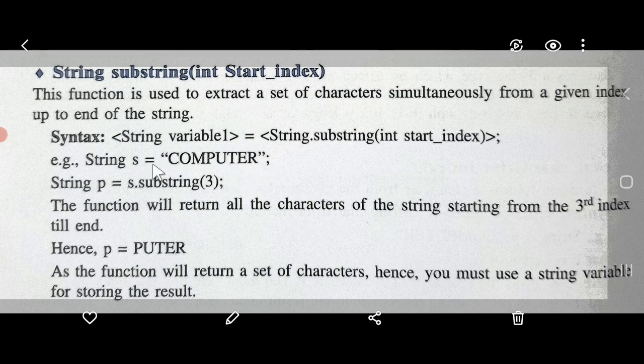Now we count 1, 2, 3, 4, 5, 6, 7, 8. 8 is the length. And here index, when I talk about 0, 1, 2, 3, so 3 is the index of P. Alright, so from 3 onwards up to the last character, it's going to be extracted because we have not given any end index. So automatically puter, P-U-T-E-R, is going to be extracted or returned,